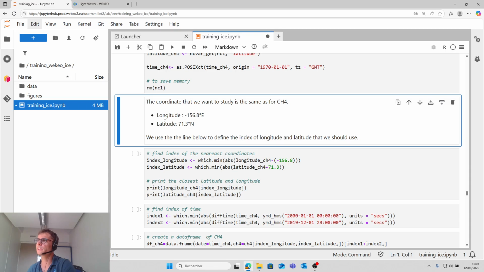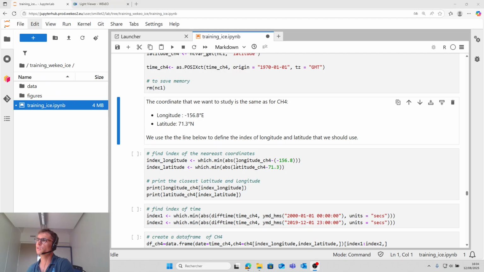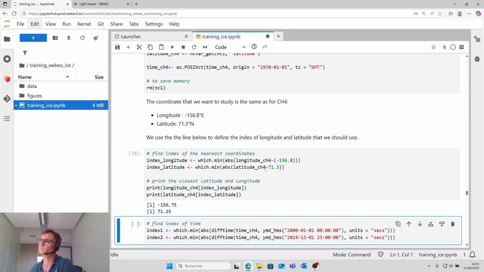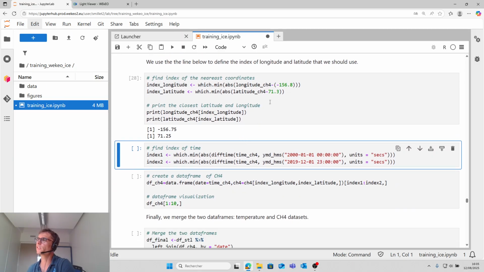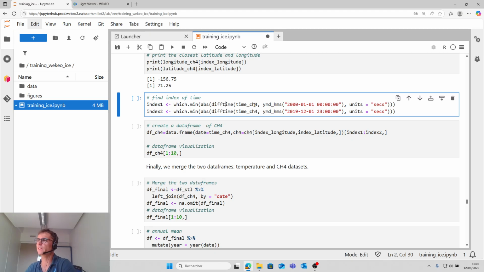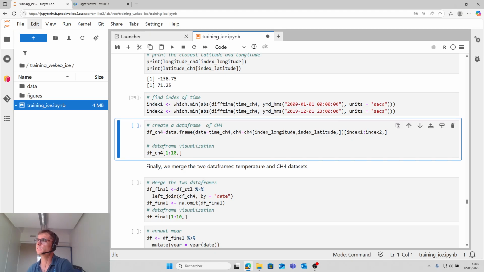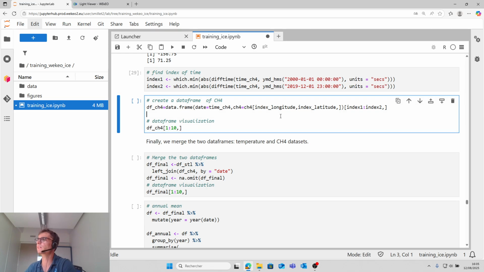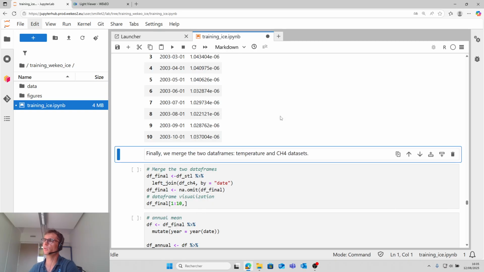We use exactly the same coordinates that you have seen before. We find the index of the nearest coordinate for longitude and latitude. It is not exactly the same, but it is very near. We find the index of time, and we create a data frame of methane. It is exactly the same method that you have seen before.